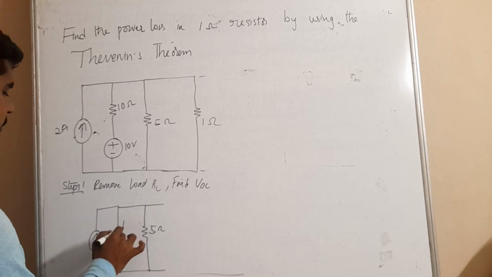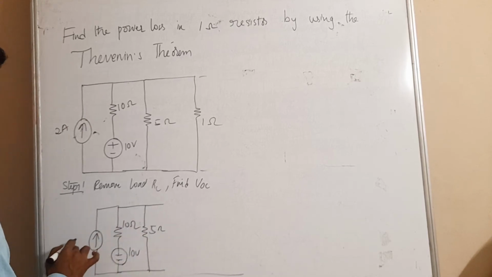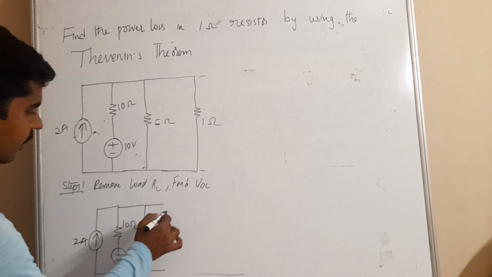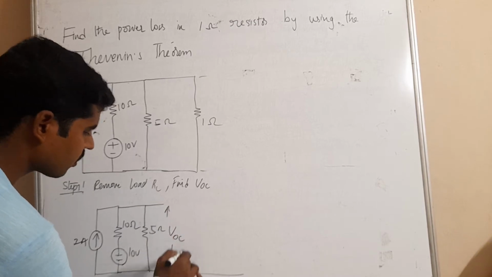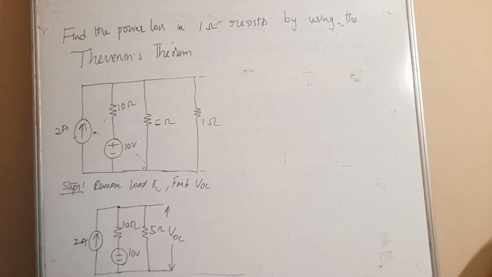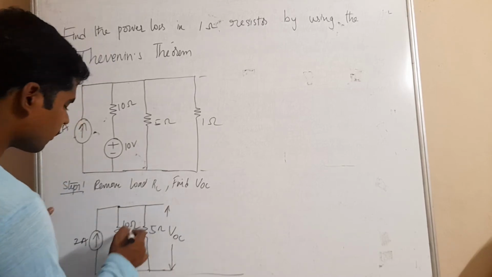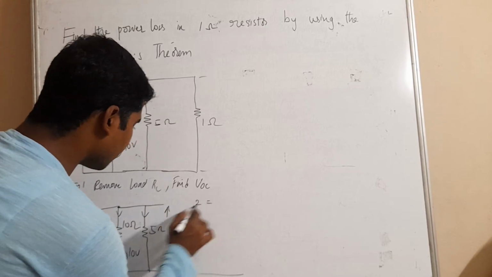So this is a 10 ohms resistance, this is a 10 volt supply, so this is 2 amperes. So here I have to find out the open circuit voltage. This is the open circuit voltage VOC, right? In order to find that, I will consider the nodal analysis. Therefore by using the nodal analysis, what is the input? Let us consider this is 2 currents. Therefore 2 amperes is equal to